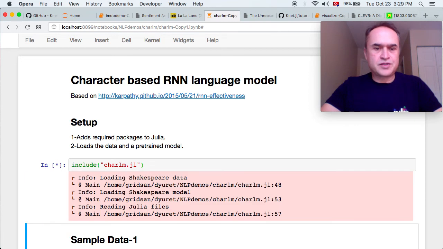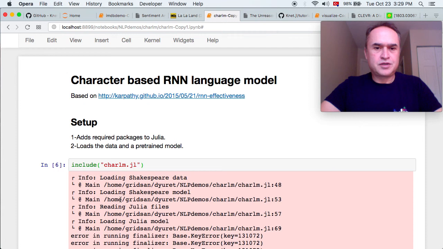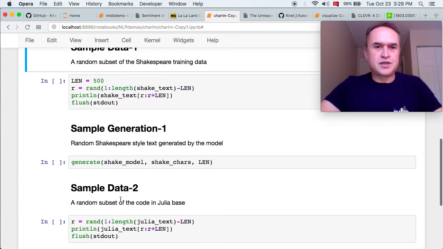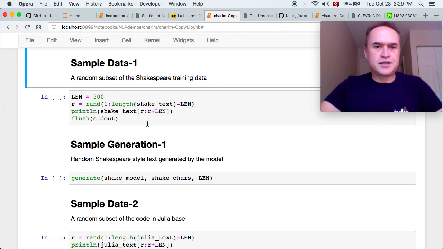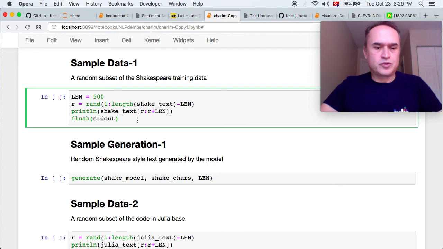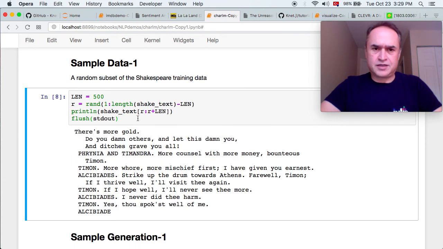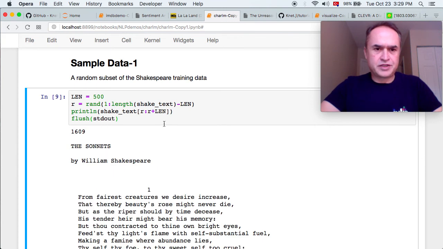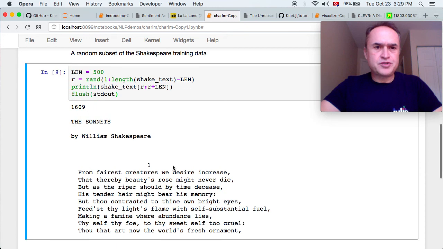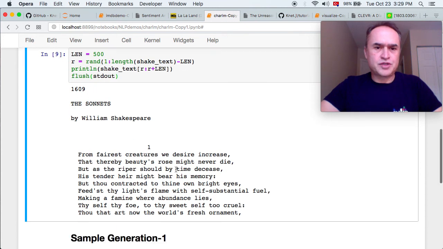The first code box loads the data and the models, and the first model we're going to look at is trained on the complete works of William Shakespeare. So here is some sample data from this. This is a book which has about 5 million characters that contains everything Shakespeare wrote, all the plays and sonnets, as you can see. So you can keep hitting Control Enter in this box to sample different parts of the